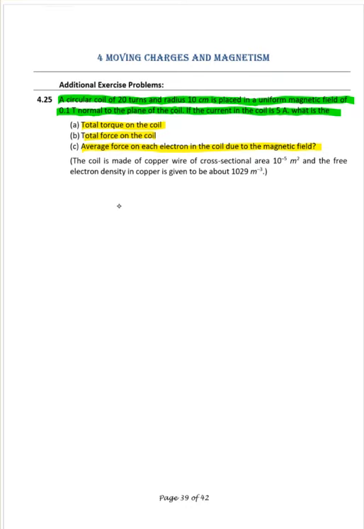So if I consider this to be a coil, we know that the formula of torque is NIAB sine theta. So we should have all these values available. N is given or not? Yes, 20 turns. Do we have I available, the current passing through the coil? Yes, it is 5. Do we have the area of the coil? Not directly, but the 10 centimeter radius is given, so pi r square will get us the area. Do I have the B value? The magnetic field is given, yes, it is also 0.1 Tesla. Now the left quantity is theta.